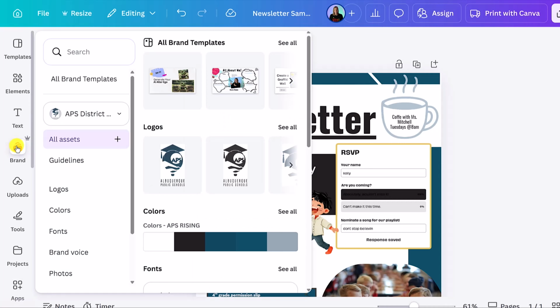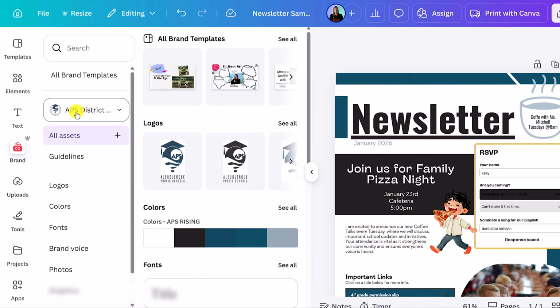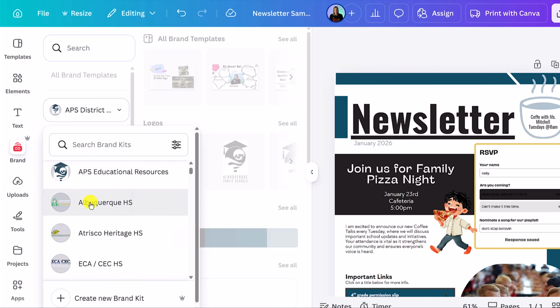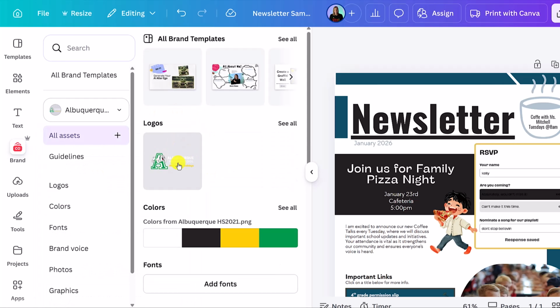On the left-hand side in Canva, click on Brand. You will see there's a drop-down here. If you click on it, this includes all of our schools in the district and some departments. You can type in your school or scroll to search. I will click on Albuquerque High School, and then you'll notice the logo for the school will pop up here